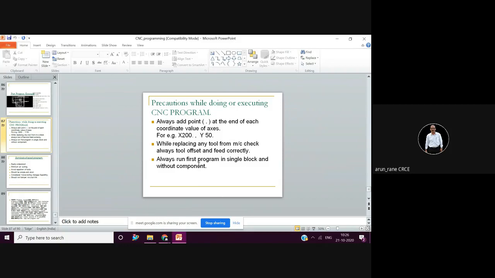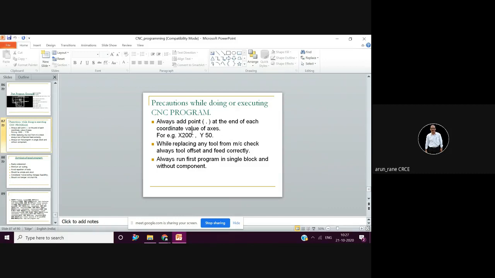These are some points you need to remember for safe programming. Always add the decimal point. This is safe.